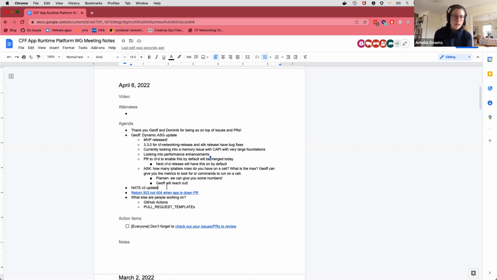So nothing's released yet, but the path that we're taking is basically deploying a NATS release with the code for both v1 and v2, and then on some kind of trigger, restarting them all as v2. So starting them all as v1 and then restarting them all as v2, hopefully to avoid that split brain issue and to do a clean cutover. But we're working on seeing how we can do that with the least amount of operator effort. So it should just work for the operator is the goal. So still working on it.